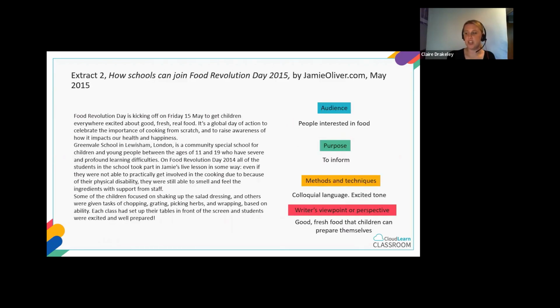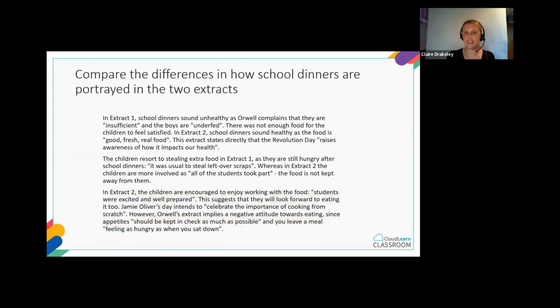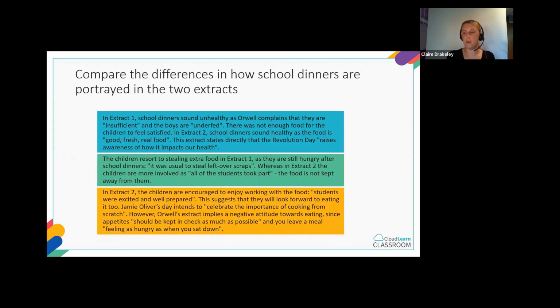You would say Jamie Oliver uses a colloquial tone to express it. The colloquial tone does this. He uses an excited tone, which does this, and then you would compare that with the tone used in the other one, and you would say how those ideas convince you and how they achieve their purpose, which we've also worked out. But for simplicity and for time's sake here, we were looking at compare what the writer is saying,